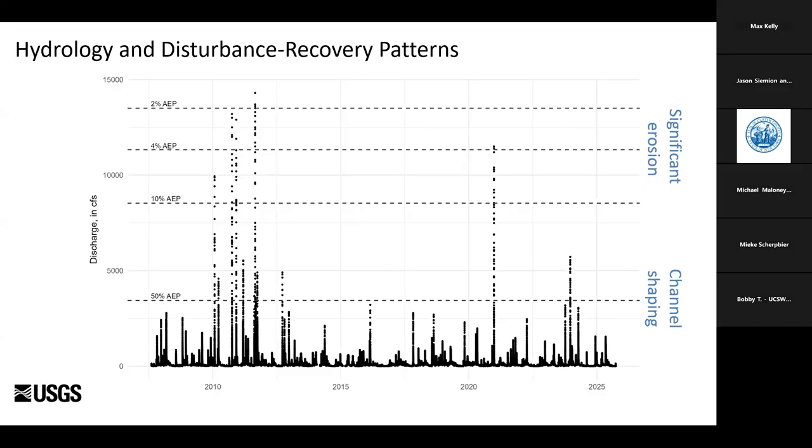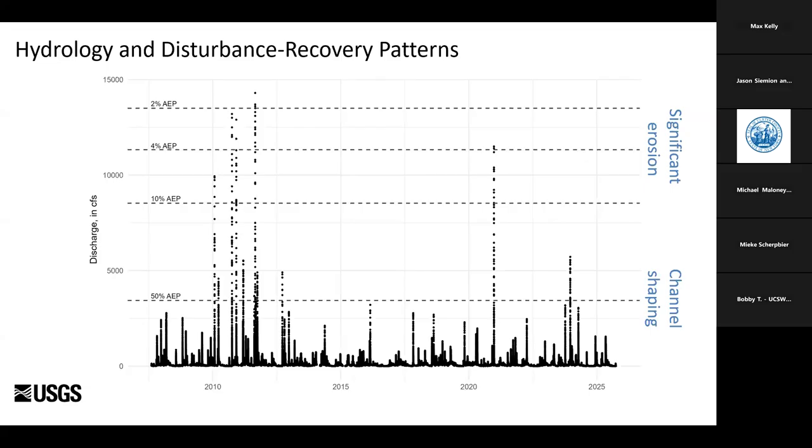We also have the AEP values here for some select thresholds. We have the 50% is the lower dashed line. That equates to about a 2-year storm. So some people might consider that bankfull conditions. And we think of that as the channel shaping event where we're not having substantial erosion. We are seeing the material get moved around. Maybe there's a little bit of alluvium being entrained from the banks, maybe coming from an upstream reach, but